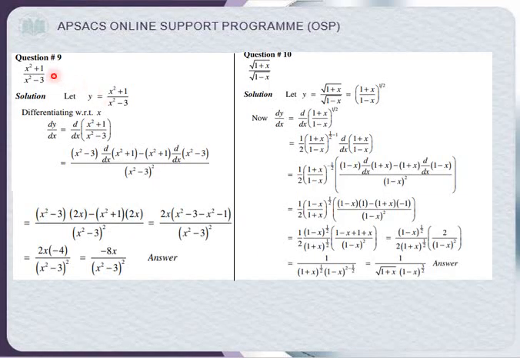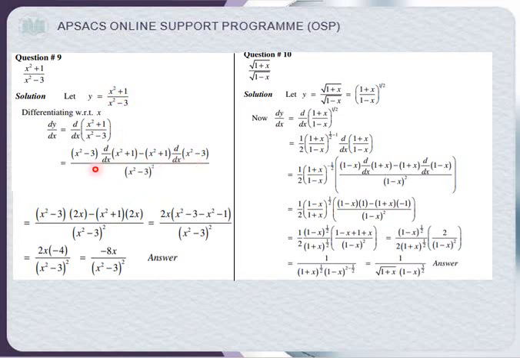Okay, question number 9. It is a continuation of the previous lecture. Question number 8 we did in the last lecture. So now question number 9. You can see that this is u upon v. I suppose this is y, a function of y. Differentiating with respect to x, y becomes dy upon dx, and I put the operator. What is the formula for u upon v? v squared, v times the derivative of u minus u times the derivative of v. And we have learned it.